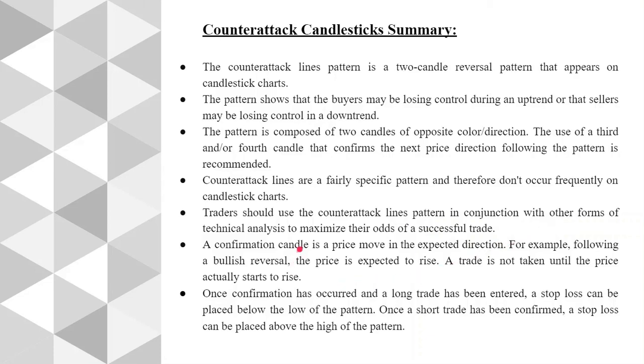A confirmation candle is a price move in the expected direction. For example, following a bullish reversal, the price is expected to rise. A trade is not taken until the price actually starts to rise. Once confirmation has occurred and a long trade has been entered, a stop loss can be placed below the low of the pattern. And once a short trade has been confirmed, a stop loss can be placed above the high